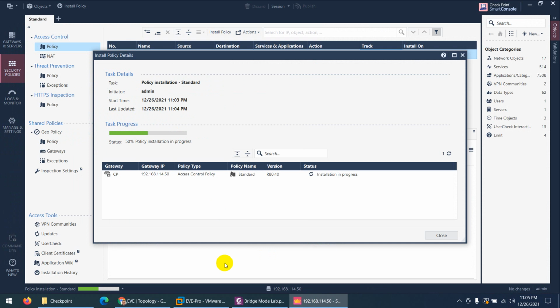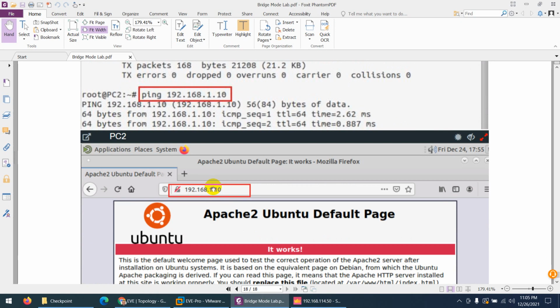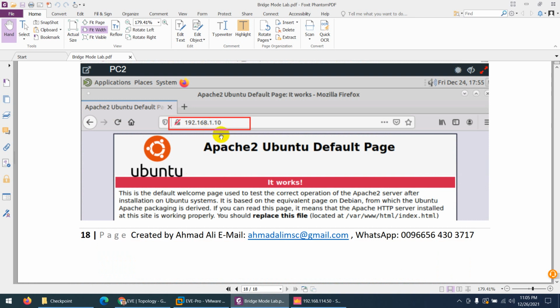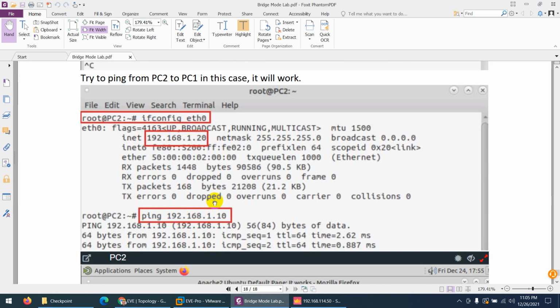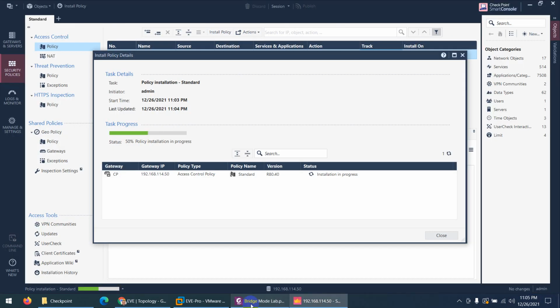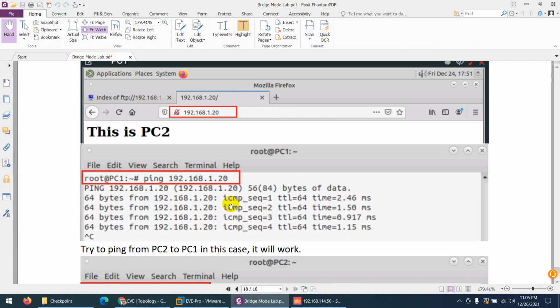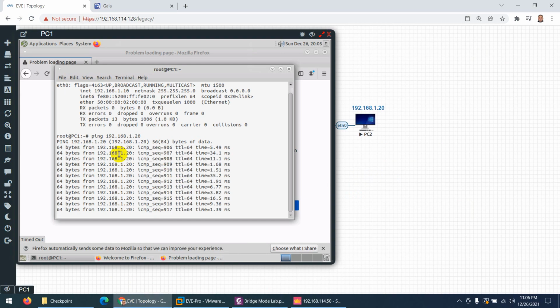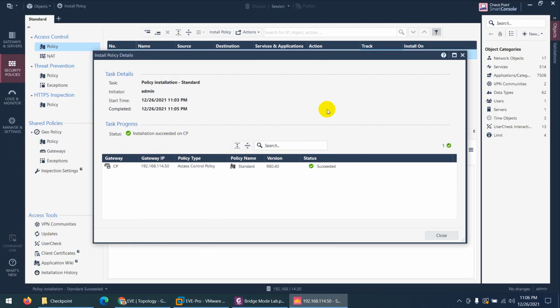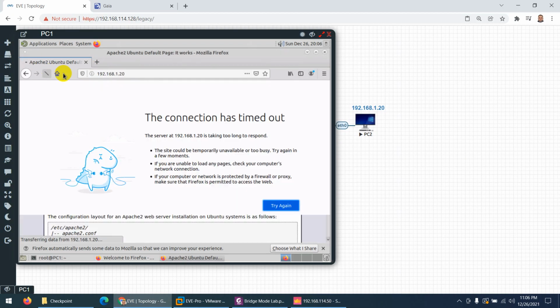Okay, so after that the ping will start working, and also you can access 1.10 and also you can access 1.20. Both can reach each other. You can see now it will start working. This is the final step. You see the ping has started, policy is done, and now you can see, and also if you refresh,